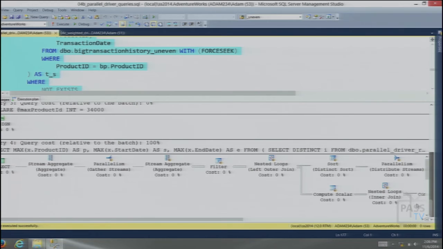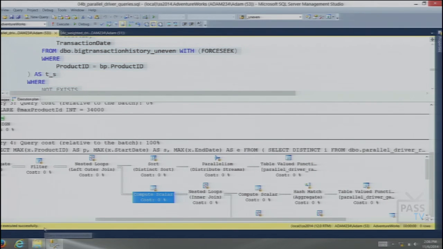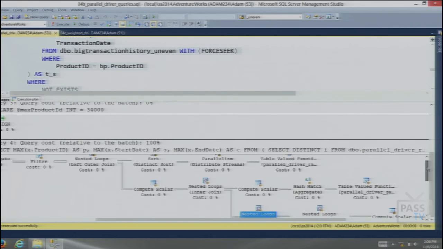All right, so our outer table spool is gone. Excellent. Got rid of it because we've told the optimizer that we're distinct. Our inner table spool under get numbers is also gone. Great. Not so great. Because we asked for distinct, SQL Server introduced a hash match iterator, which is a blocking